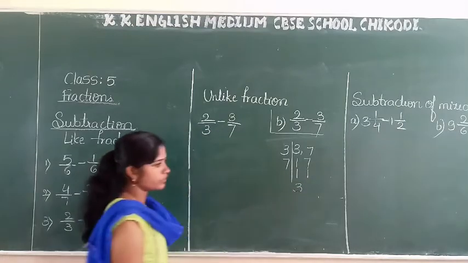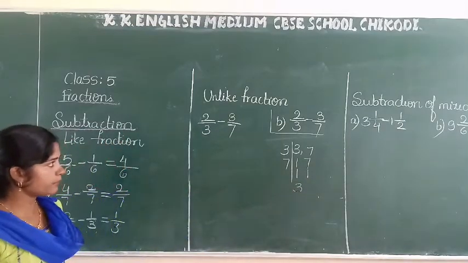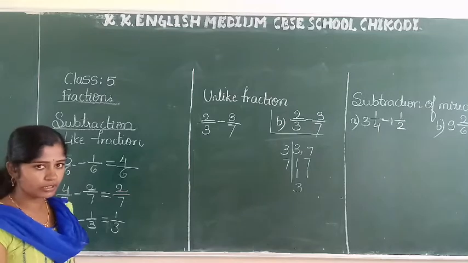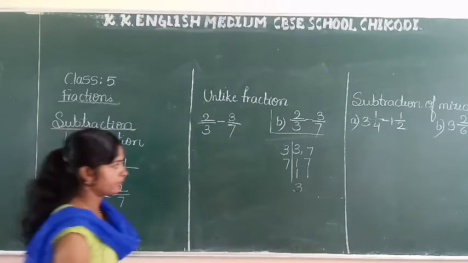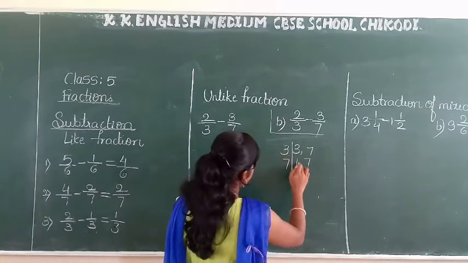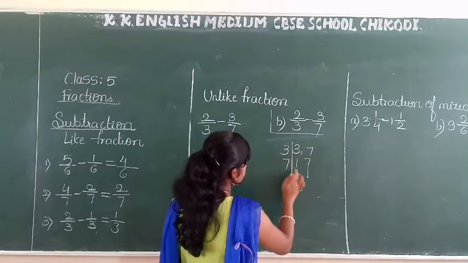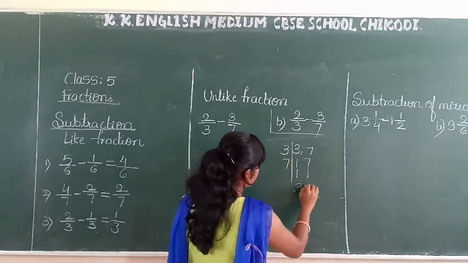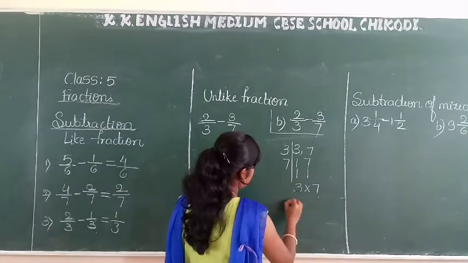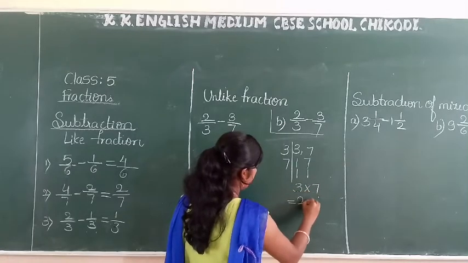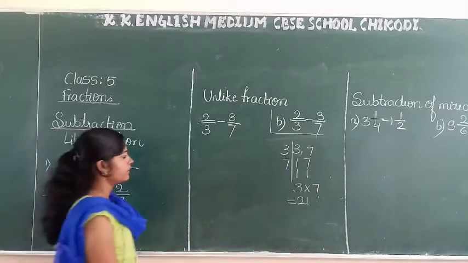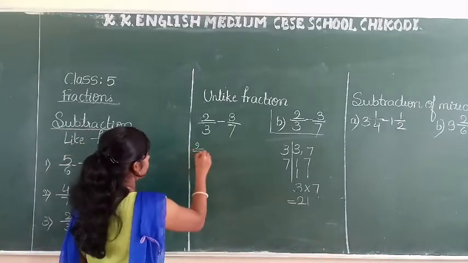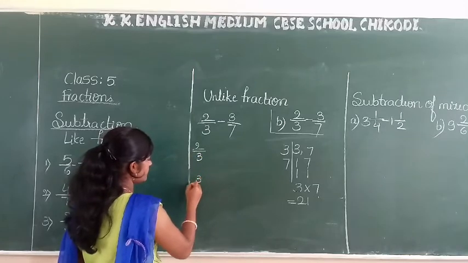When you are observing composite numbers, this lesson is there, no? This chapter is there in the next class. I will teach you that time. Okay, 3 and 7. 3 ones are 3, 7 as it is, 7 ones are 7 and 1 as it is. 3 into 7. 3 sevens are 21. LCM is 21. Next step here 2 by 3 and 3 by 7.